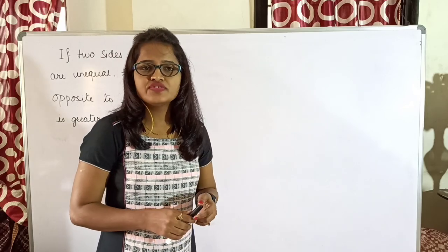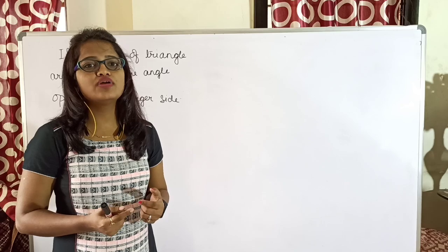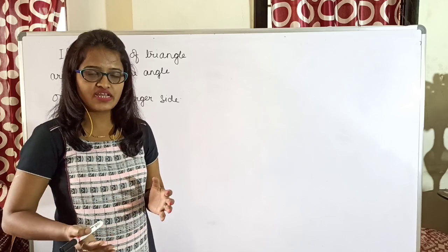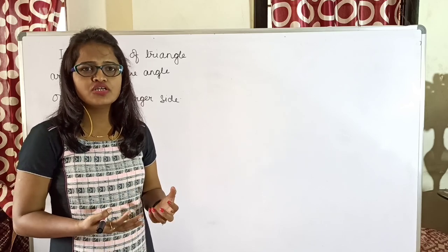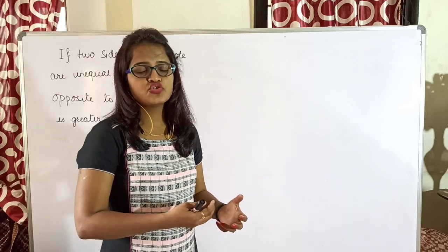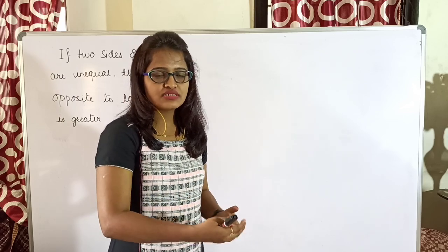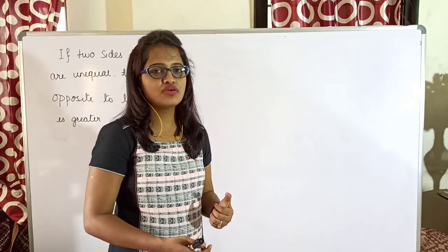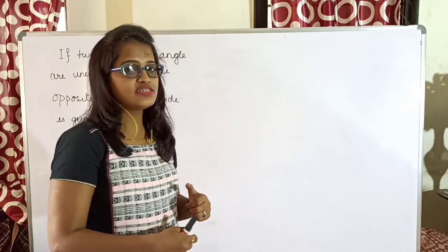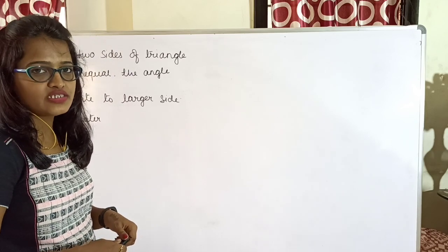Until now, we have seen the relation between the equal sides and equal angles. So we have considered the triangles which were congruent to one another. Then we found out the relation between their sides and angles. With respect to congruent triangles, it was said that all the sides and all the angles are equal. Okay. So now let us see, is there any relation between the unequal sides?